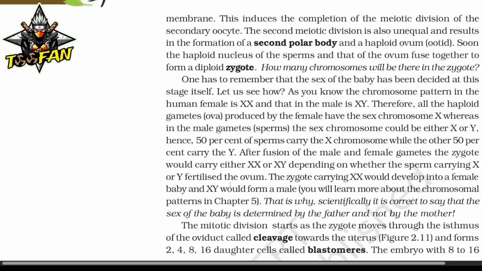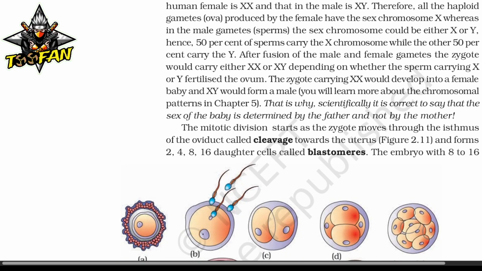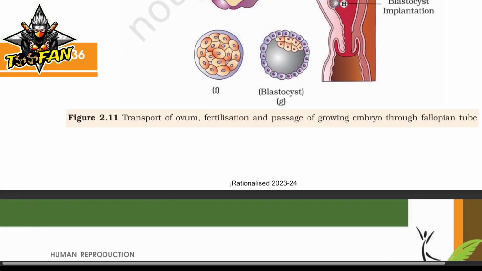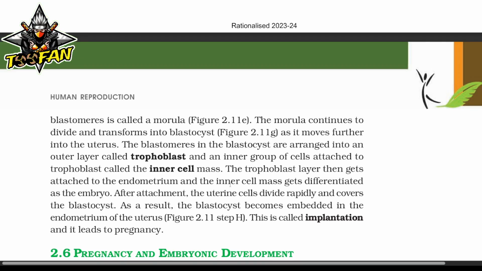by the mother. Mitotic division starts at the zygote as it moves through the isthmus of the oviduct, called cleavage, towards the uterus and forms 2, 4, 8, 16 daughter cells called blastomeres. The embryo with 8 to 16 blastomeres is called a morula, and the morula continues to divide and transform into the blastocyst as it moves further into the uterus, and the blastomeres in the blastocyst are arranged into an outer layer called trophoblast and an inner group of cells attached to the trophoblast called